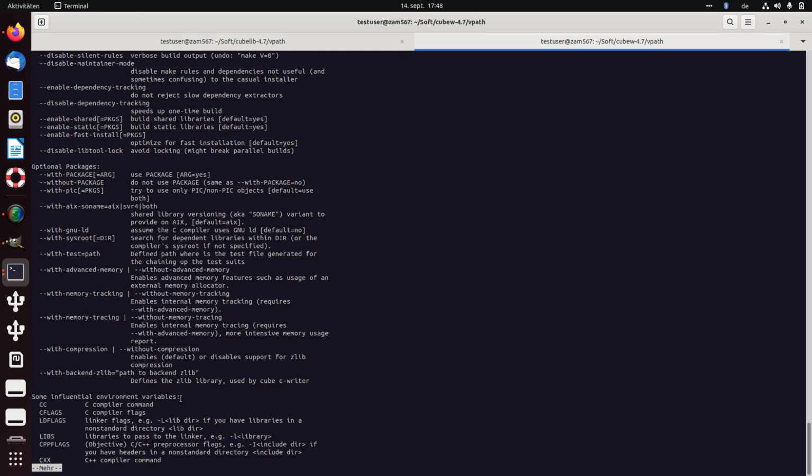These features are needed if one wants to fine-tune the memory usage of the Cube library and keep track of it. By default, these features are disabled. So if we now do the configure step in the very same prefix as with the Java Cube library,